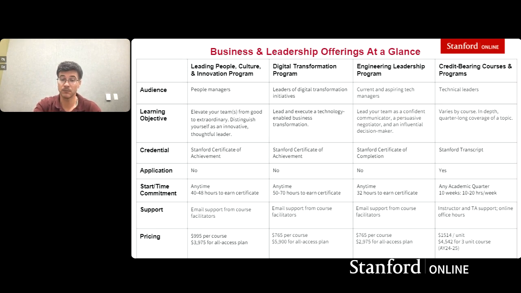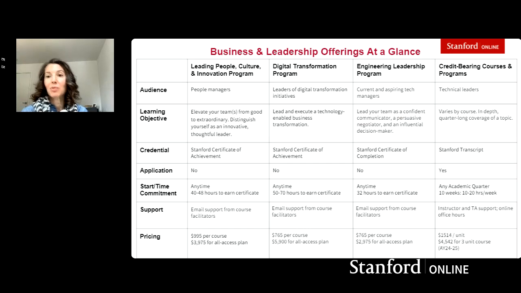Yes, I would say that the bang for your buck here for professional programs is to purchase the all access plan. For example, I think this participant has been asking about the engineering leadership program, so let's take that as an example. You need to successfully complete 4 courses to earn the certificate, so the all access plan is priced for 4 courses. And then any other subsequent courses that are in the certificate, you are getting those as well, and you have a year to take that. So as far as discounting, the all access plan is discounted because you're getting more courses than you need in order to finish the program.